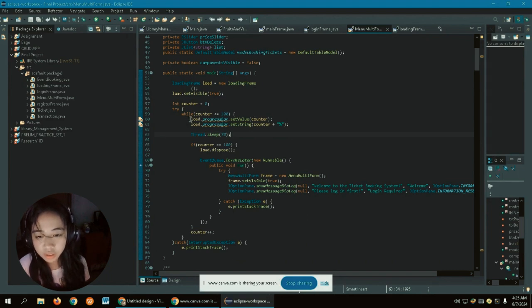This will show the counter going to 100% as it loads, and then it will show the percent. This indicates the pauses, and when the counter or progress bar reaches 100, it will automatically dispose that frame, the loading frame.